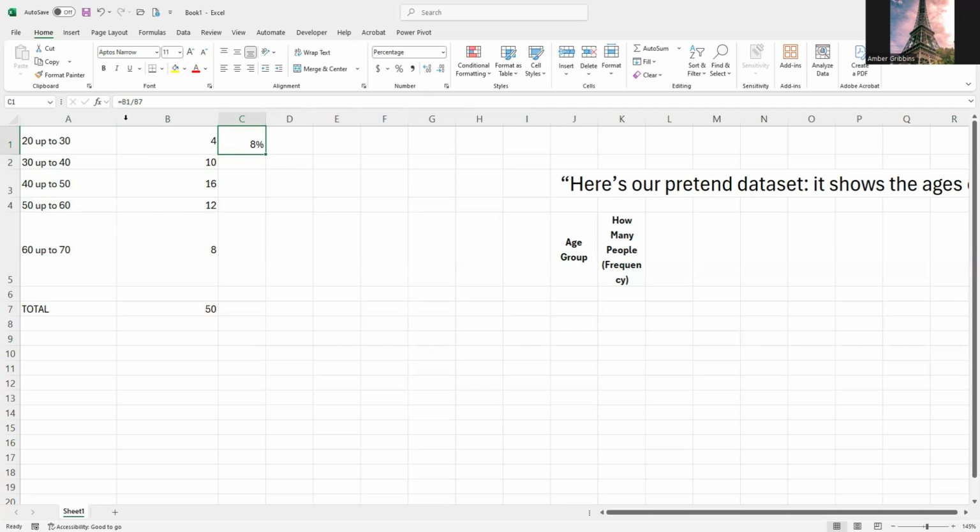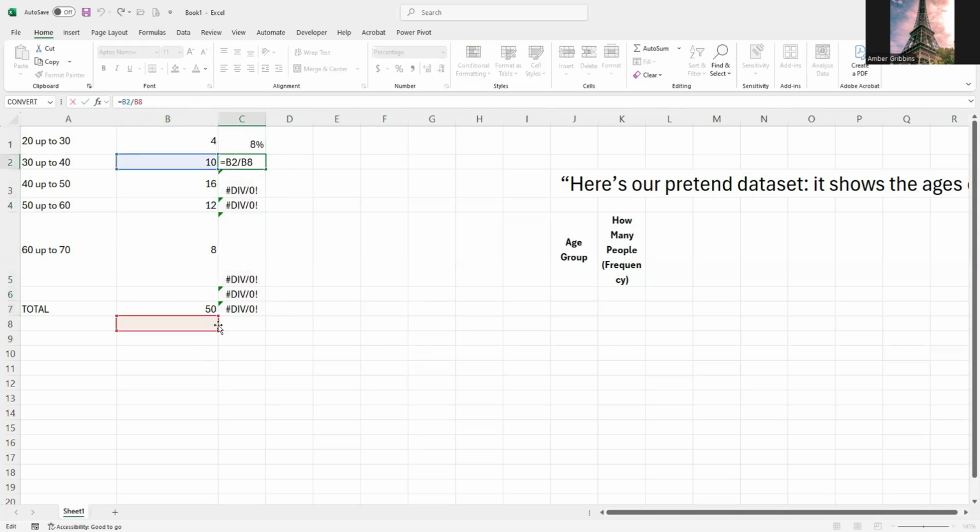So let's just go ahead. Now, before I go dragging it down, I say, okay, I want B1 to divide by B7. I also want B2 to divide by B7, so I can figure out what percentage B2 is also, right? If I drag them down, look what happens. Oh, those are so ugly. Nobody likes to see those. Those divide by zeros. What's really happening here? Well, it's going down below, right? See, it's reaching down to these instead of going to our actual 50 amount.